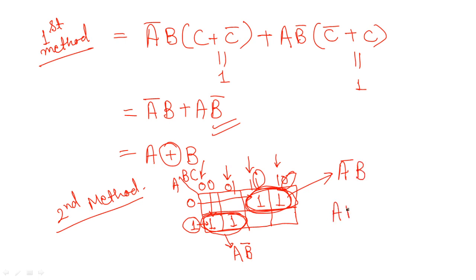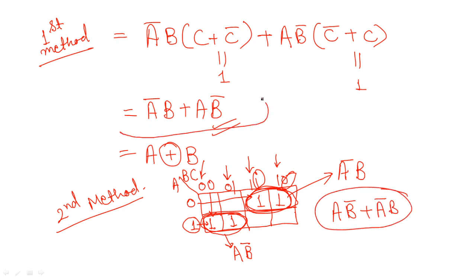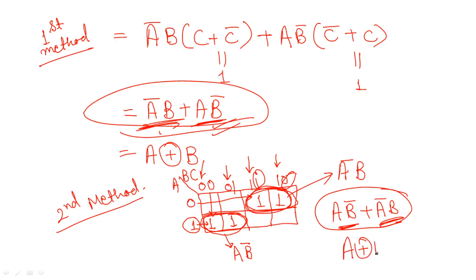Now finally, just add both the values, A B bar plus A bar B, which is same as what? This expression, because the values have been added. Whether the second term has been written first here and the first term has been written as second term here, it's okay, both the things are same. So it is also what? A XOR B. Is it all right?